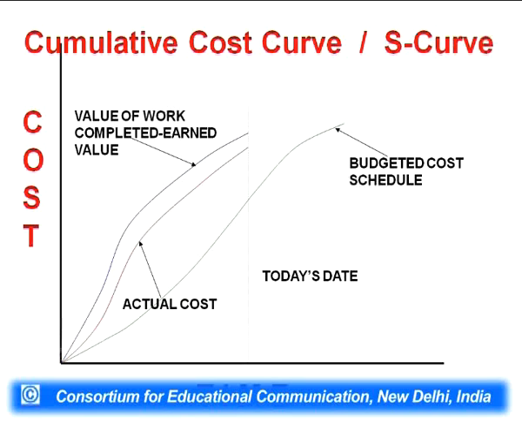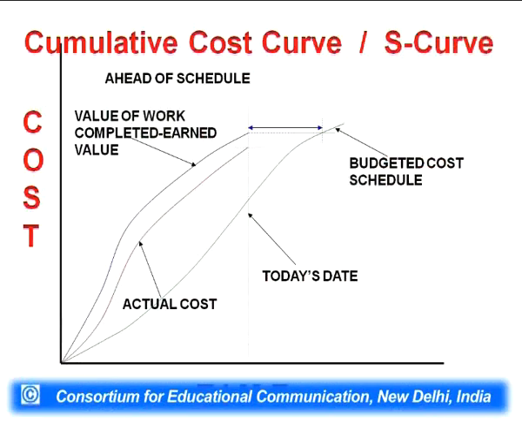We have two more cost curves which are ending only up to today's date, because we have completed only up to today: the actual cost as well as the earned value cost. So these two costs will terminate at today's date. Now, these two intercepts between budgeted cost and the actual cost, rather earned value, this much portion of the time gives us ahead of schedule. This is the ahead of schedule. This intercept gives us ahead of schedule.